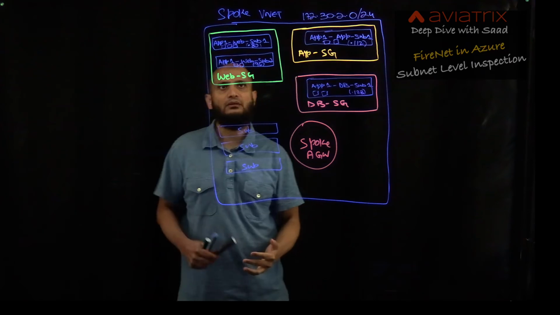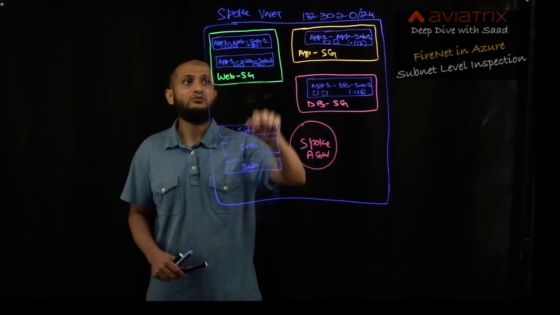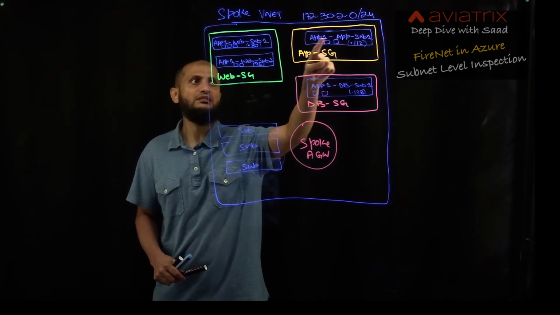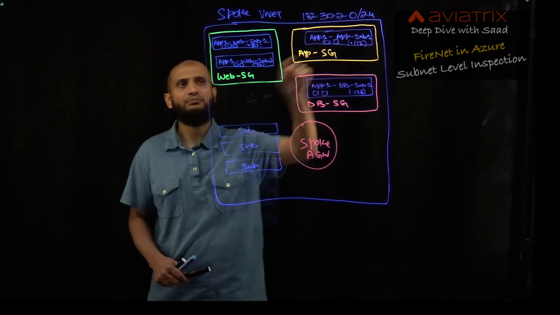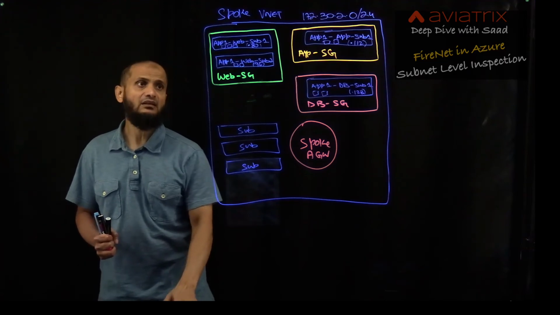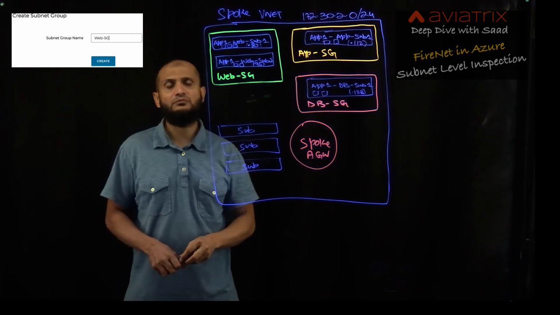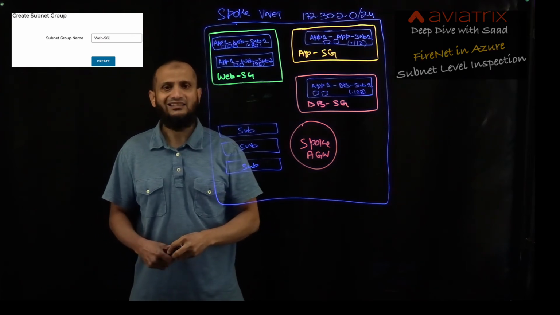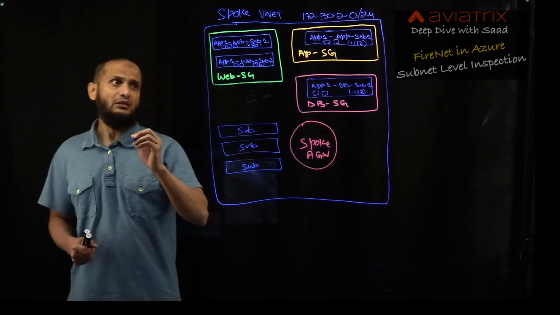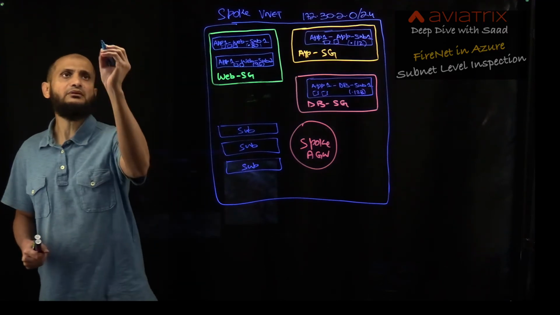Now, what is going to happen when the web subnet group is going to communicate with the app subnet group, which is app1-app-subnet number 1. From the deployment perspective, you have to create these subnet groups on the Aviatrix controller. When you create these subnet groups on the Aviatrix controller, at this point we are going to create the routing tables too, like 2 routing tables per subnet group. So for the web subnet group,